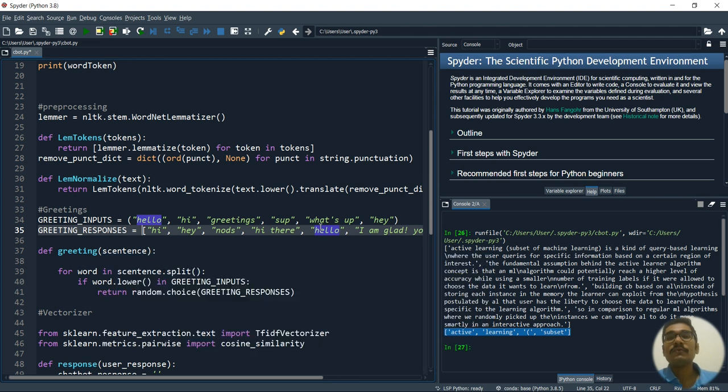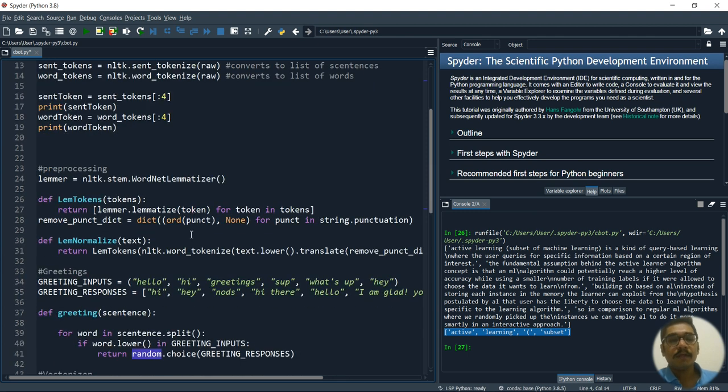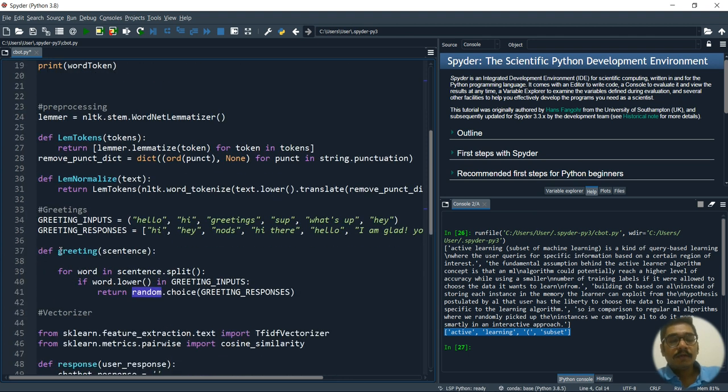There is no specific order of how it will give this response, so we have to do that in a random way. For that I've used random. I'm creating a function called greeting. In greeting, I'll take the word from the sentence and do a split. Split is used with strings; in the strings class, you have the split method.